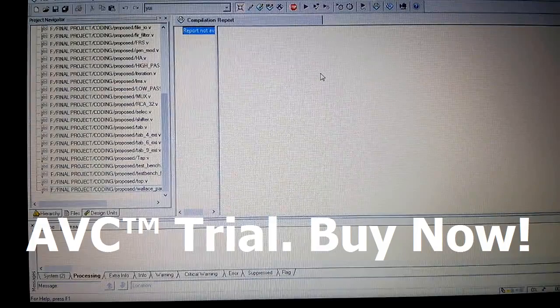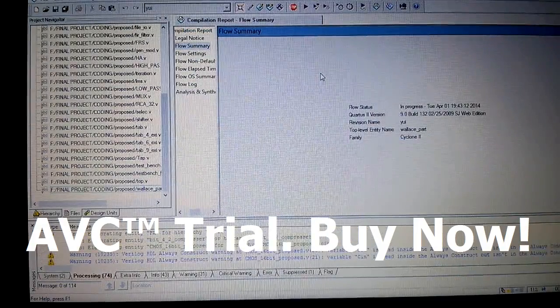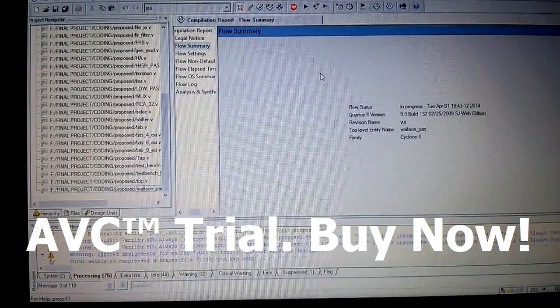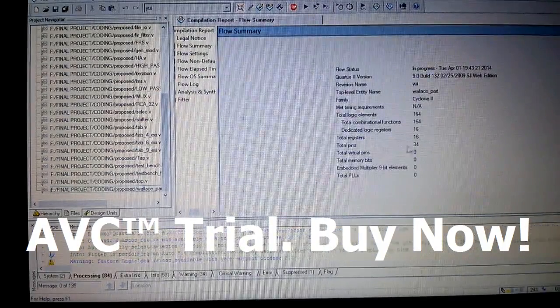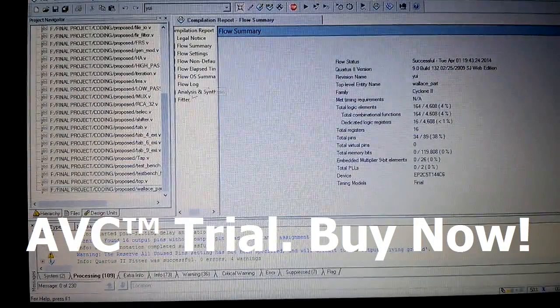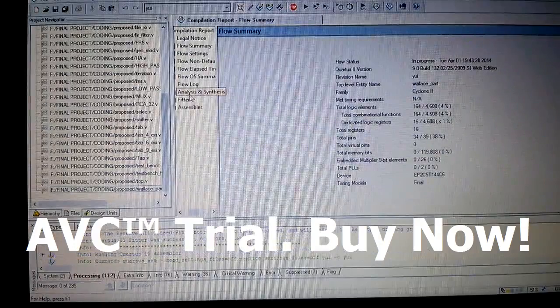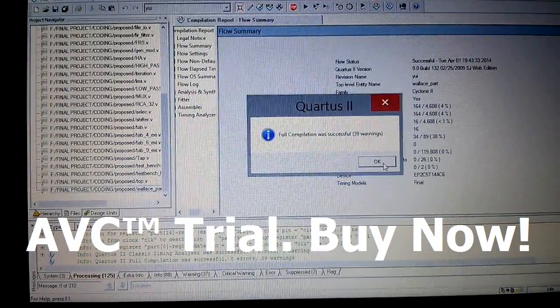And this is how each code will be running behind. And this is the flow and area consumption of the Wallace multiplier. Now we get the compilation completed.